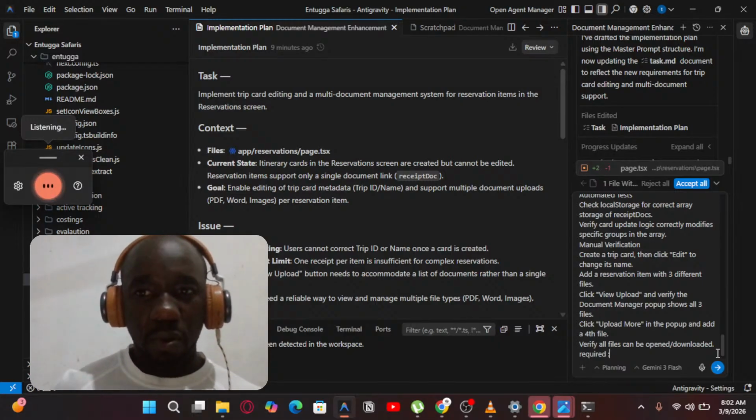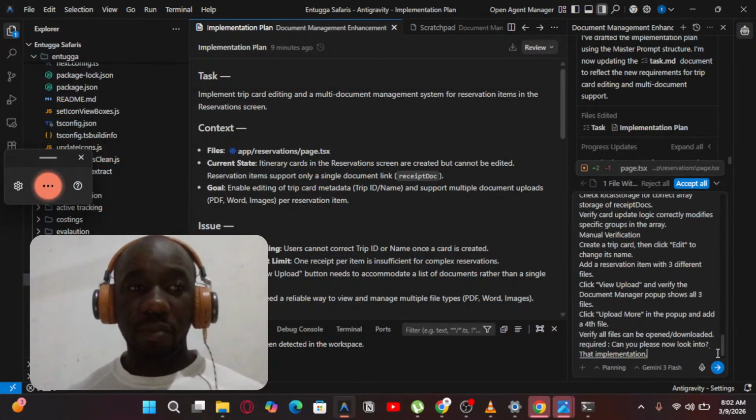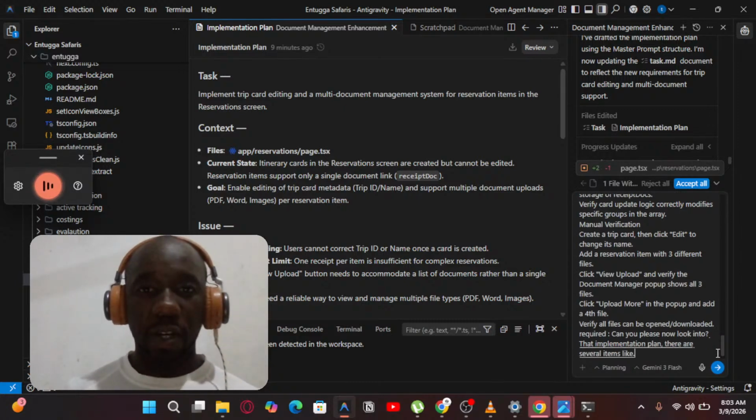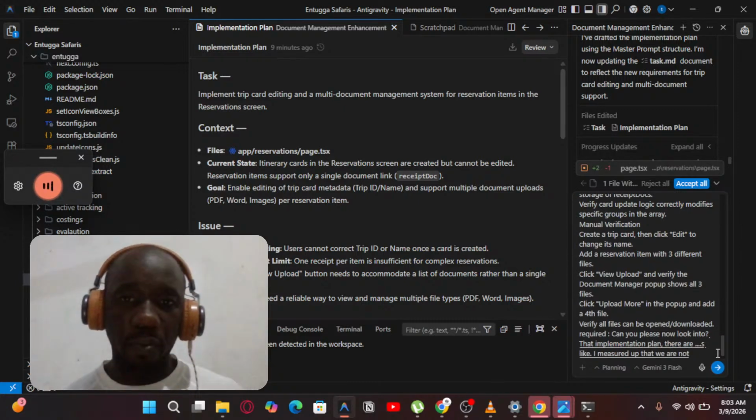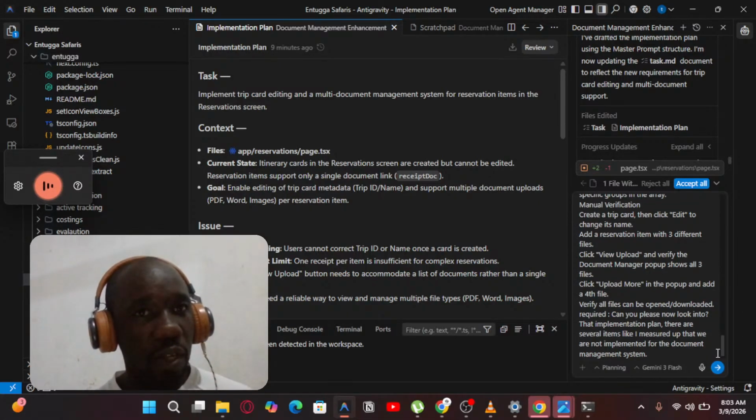Can you please now look into that implementation plan? There are several items, like I mentioned up, that were not implemented for the document management system. Also, when it comes to